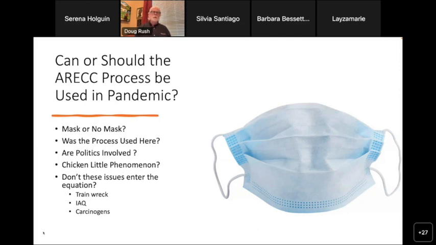The same thing happened in the pandemic. People are wanting to do something. They don't understand what to do. And part of a PSM process, which is part of the ARECC process, helps us in advance to put together procedures that can help to avoid this sort of thing, to where we understand the public a little bit better, and we understand our politicians a little bit better, and we can learn processes to communicate easier with our politicians